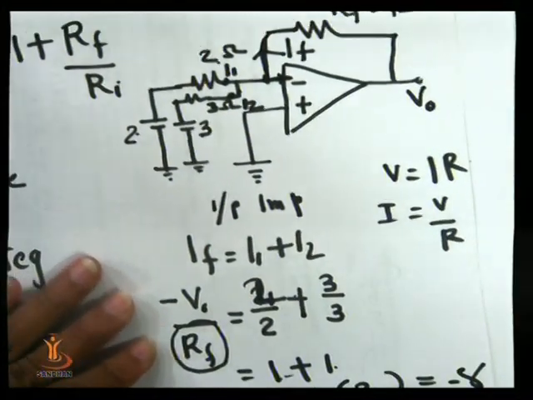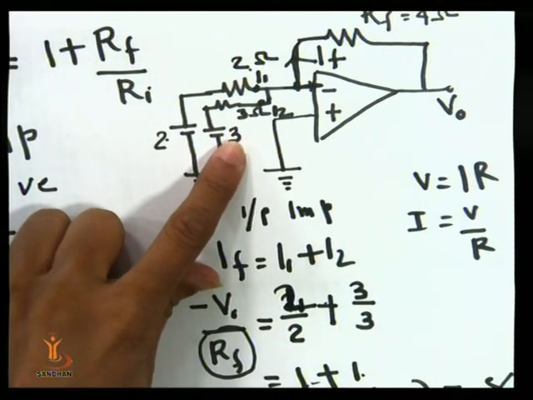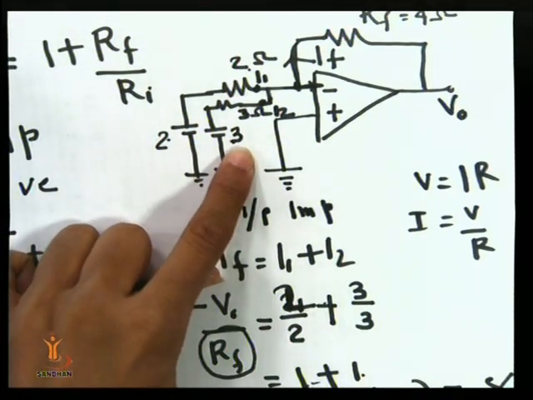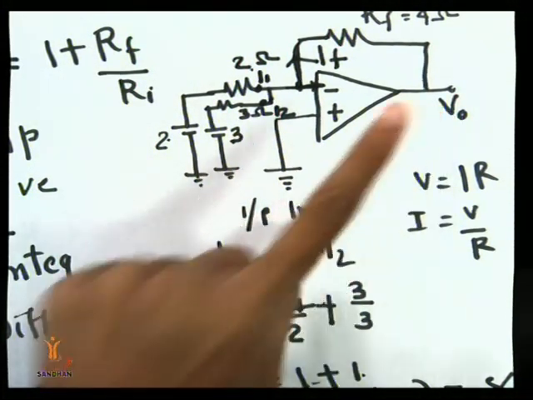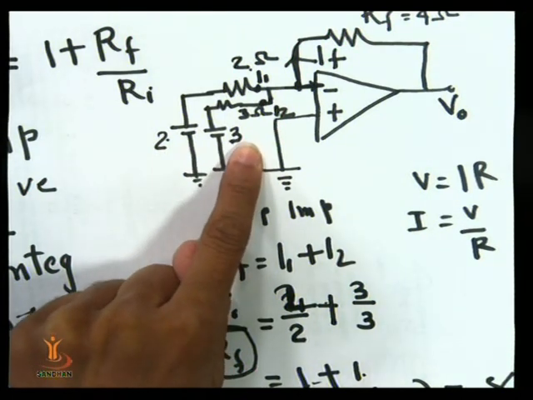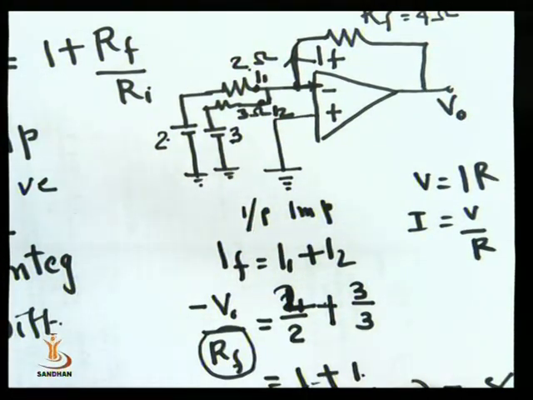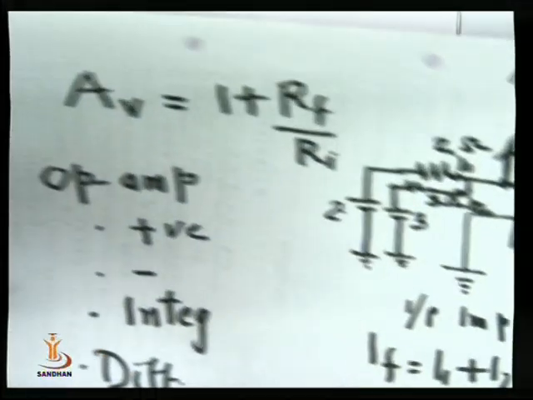So I am having 2 volt at the input side and 3 volt, so 2 and 3 are added, and I get the sum with a certain amplification at the output side. If you see, I am giving 2 volt positive and 3 volt positive, and getting an output of 8 volt, and that 8 volt is negative. This is all about the adder.